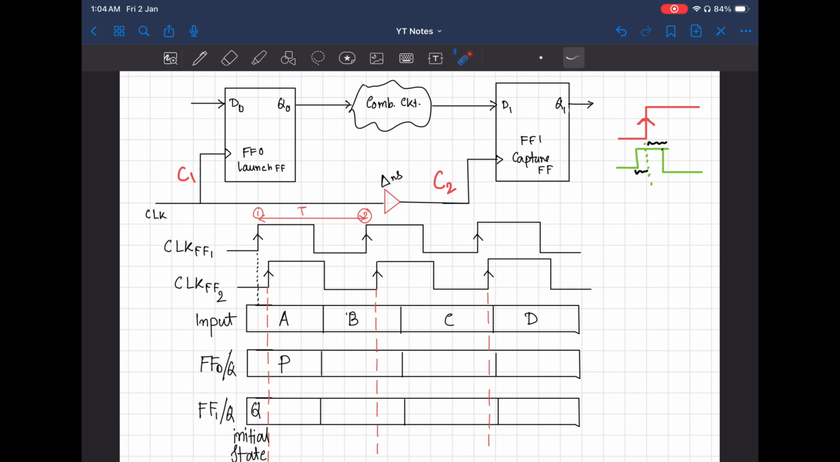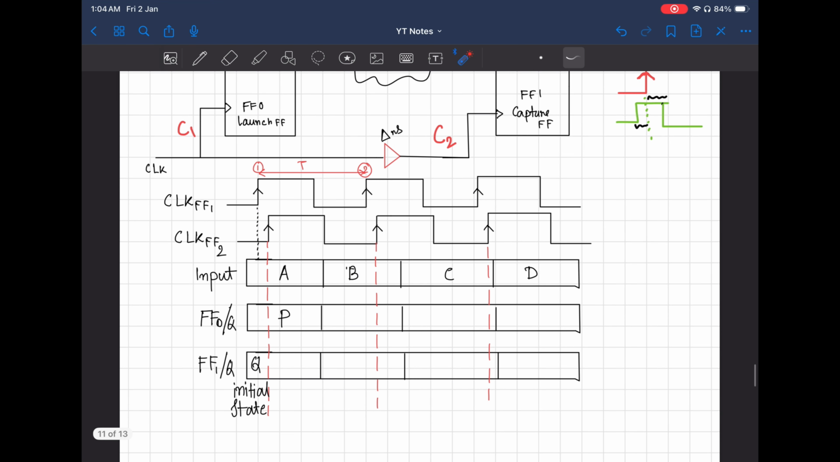What I am saying is that because flop 1's clock is only slightly delayed, it still triggers on the same clock edge as flop 0. So it means that both flop 0 and flop 1, the launch and capture flops, captured the same data at the same clock edge. That is actually the problem of double clocking. So I tried here to give you the essence